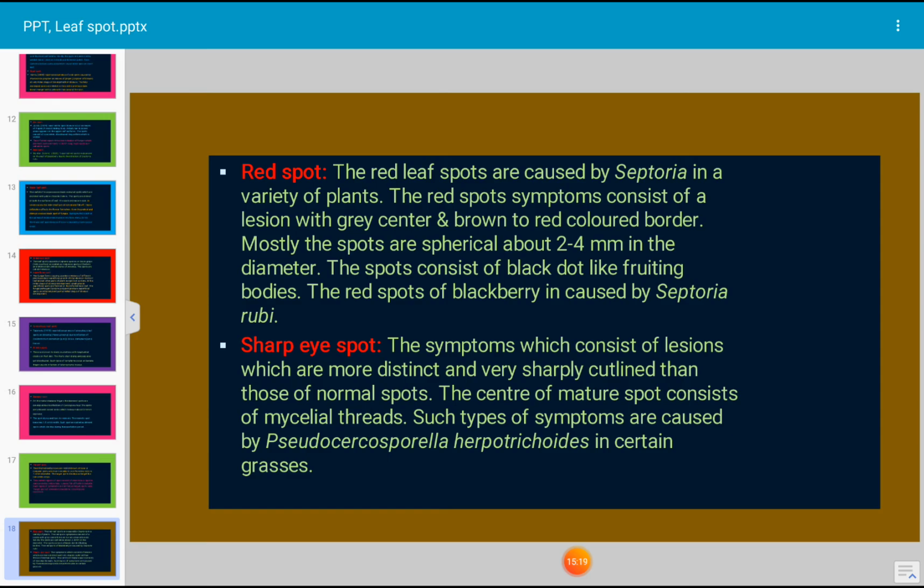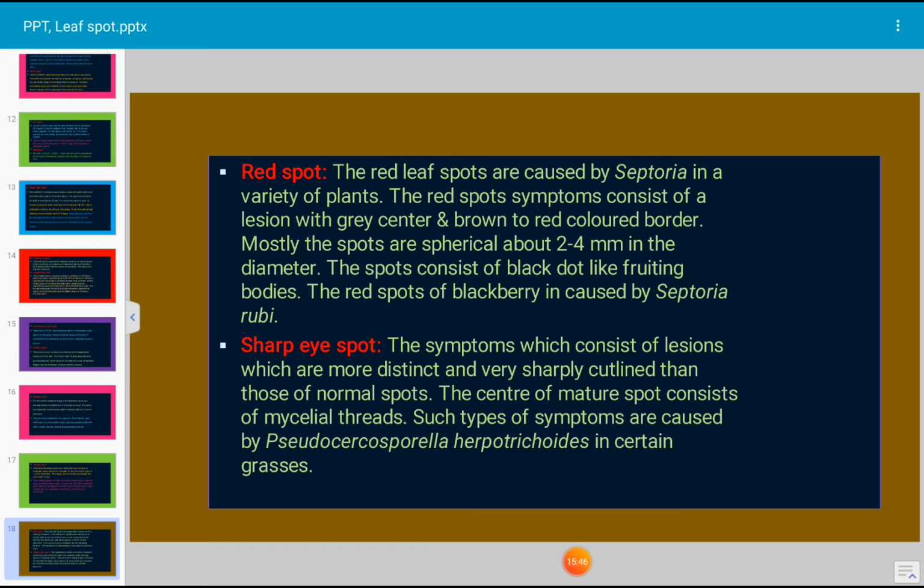Okay. Last, one more type of spot is sharp eye spot. The characteristic features of the sharp eye spot type of symptom are lesions which are more distinct and very sharply defined than those of a normal spot.